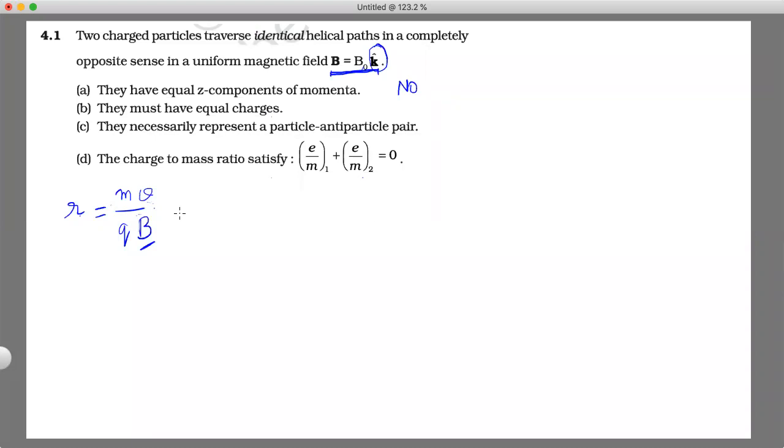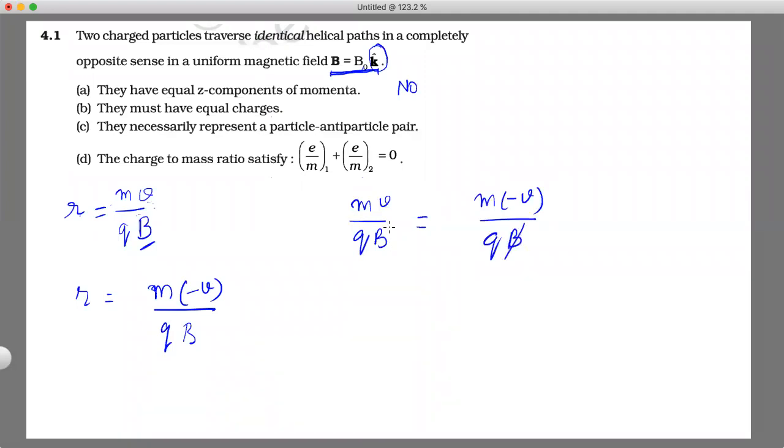This is the radius of one, then the radius of the other one would be the same, and the quantities of the two have to be the same, and these radii are the same, so we can say mv by qB is equal to m minus